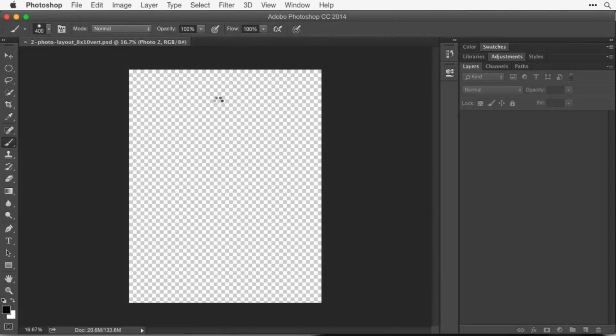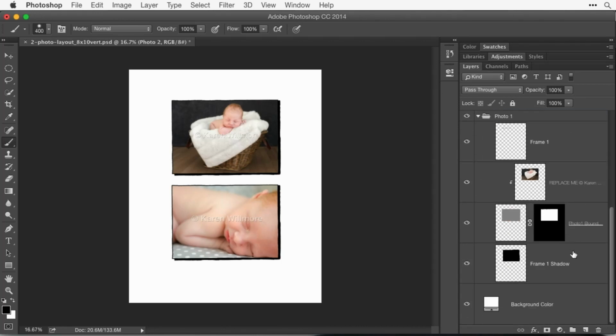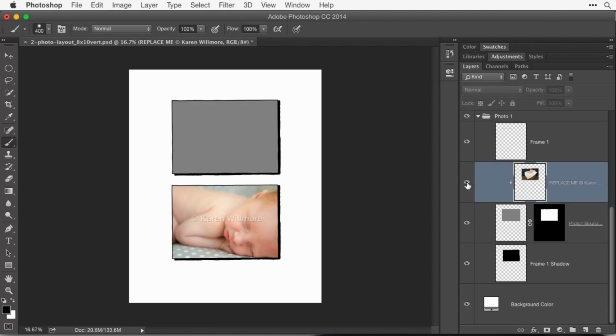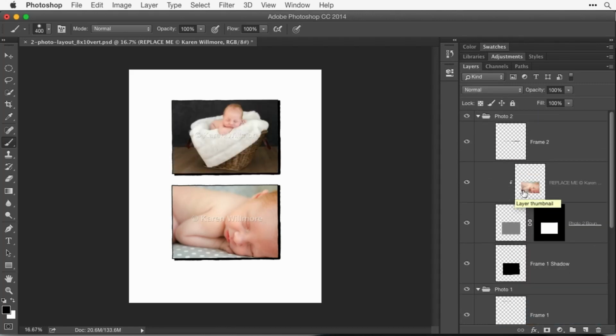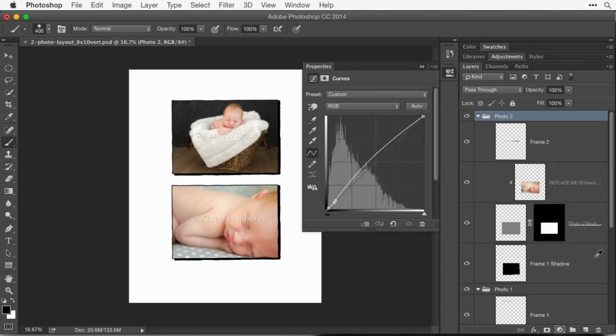Okay, here's one. This is a complex Photoshop document that is using a lot of features we haven't talked about yet, so you'll have to keep that in mind. But the main thing is there's more than one photo in it, and those photos don't affect everything. So here's a photo. If I turn off its eyeball, you see it's the top picture. I want that picture to be black and white, but I don't want the picture up here to be black and white. So if I put my adjustment layer in when the topmost layer is active, and I come over here and choose black and white,